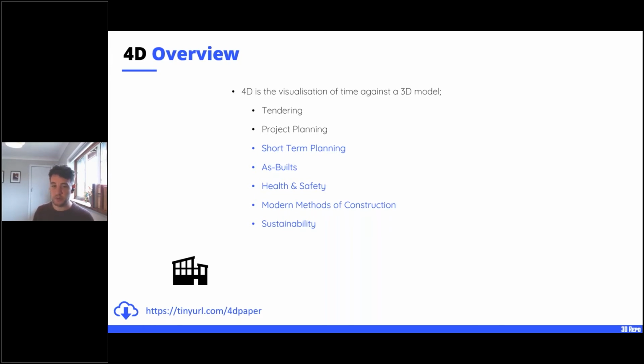So the current 4D process, and the reason why it's slightly troublesome, is that first of all, you need a 3D model. Then you need to link that up to a program, which is often created in a separate piece of software. Then you need to get that on a computer. You need to find someone who can operate that computer and that software. Then you need to give them an awful lot of time